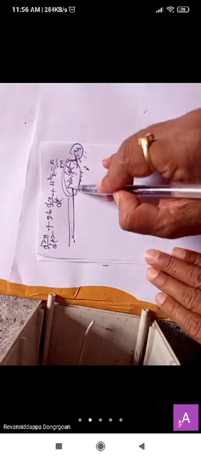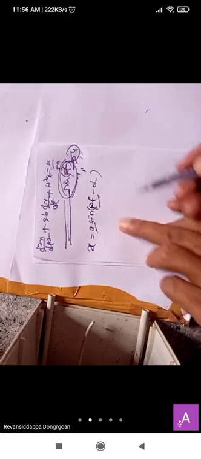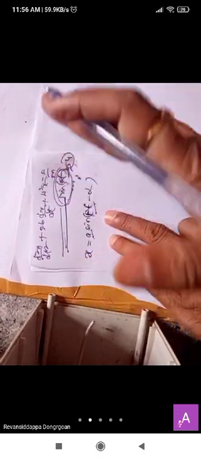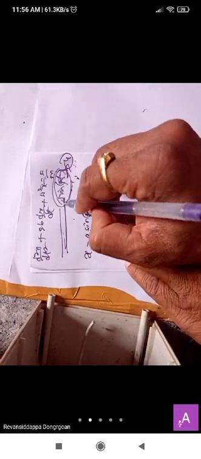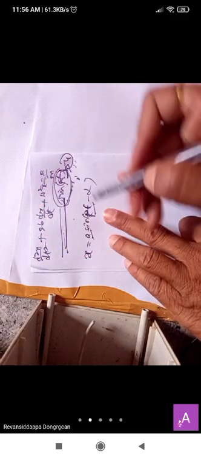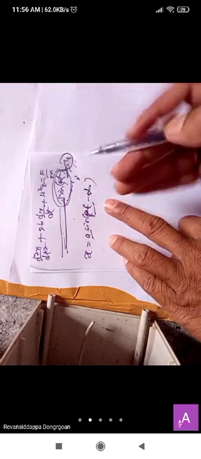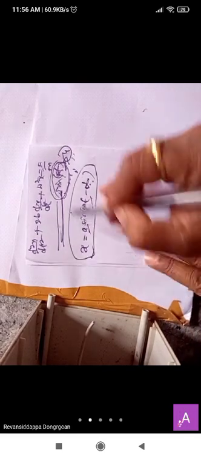And the general solution for this, what will we write? The solution will be x is equal to a sin of (pt minus alpha). So a is the amplitude, and p is the angular frequency of the applied external force. It means the applied frequency, not the frequency the body itself creates. Alpha is the phase difference between initial and final vibration. So by using this we can write the solution for the above equation.